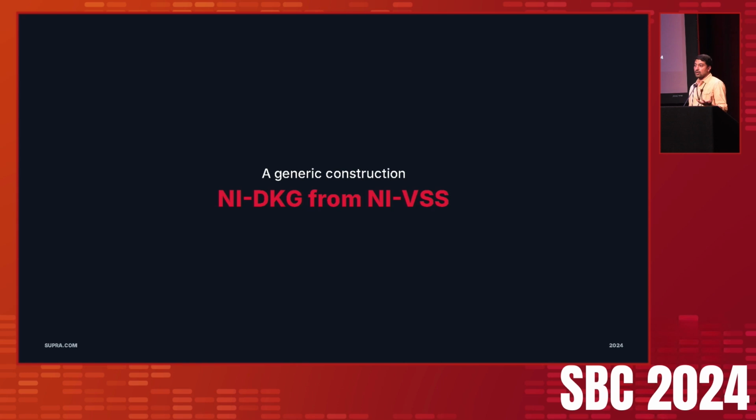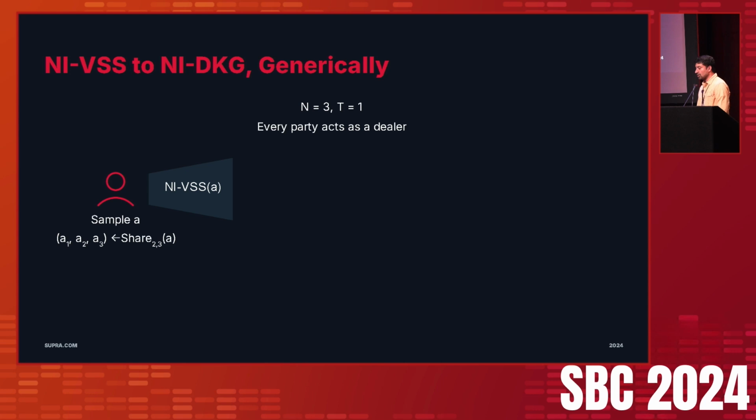So with a non-interactive VSS in mind, how do we get a non-interactive DKG? I'll just show a generic construction of how to go about it. It's a pretty straightforward mechanism. I'll illustrate it with a simple example with 3 parties when the threshold T is equal to 1, where at least 2 parties are needed to reconstruct the secret. So we have party A who samples a value small a and then just does a non-interactive VSS generating 3 shares